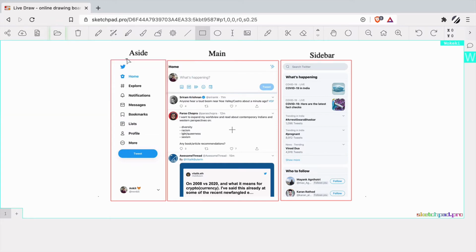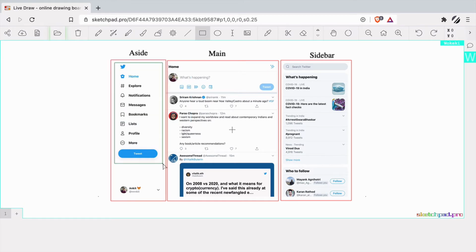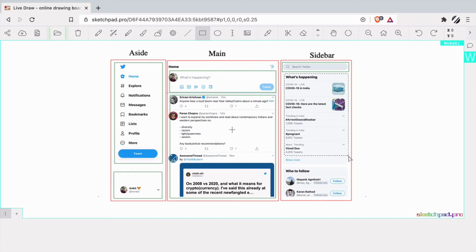So after naming all these components, let's go inside each individual component now. So here, this aside component can also be broken down into two different pieces. And for that, I'm just going to change the color to something like green. This is one section that contains the navigation, and there is another section that can contain the information of the user. Similarly, this main section can again be broken down into small components. This component is tweet input. Then we are going to have tweet list. Again, in this section we can have a component named search, and here we can have a component named what's happening, and again we have who to follow.